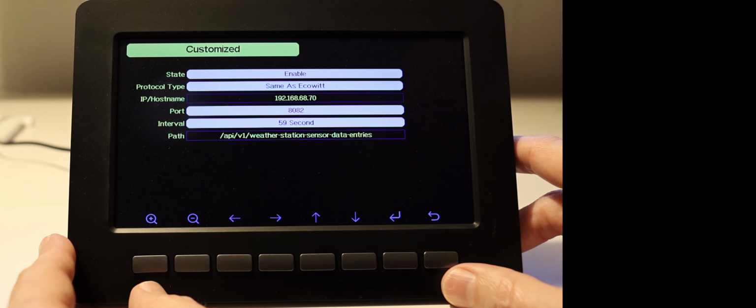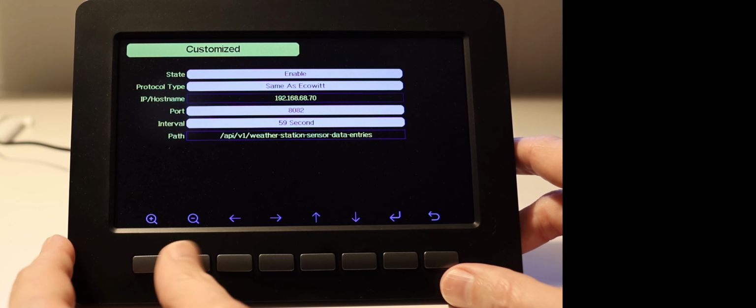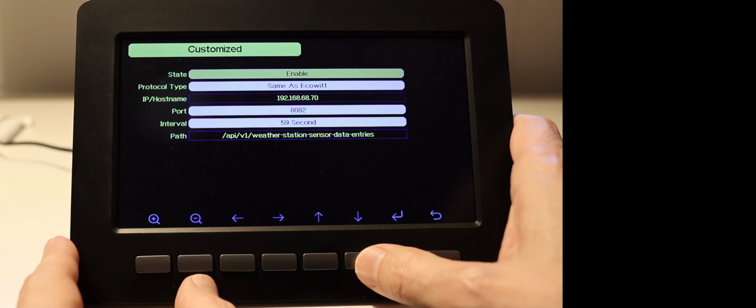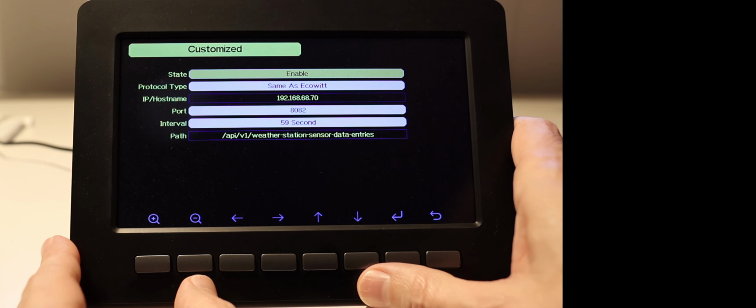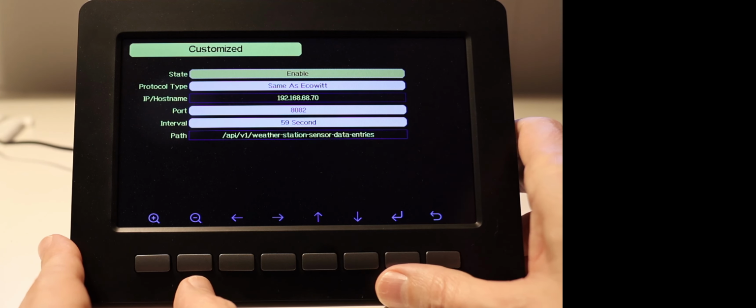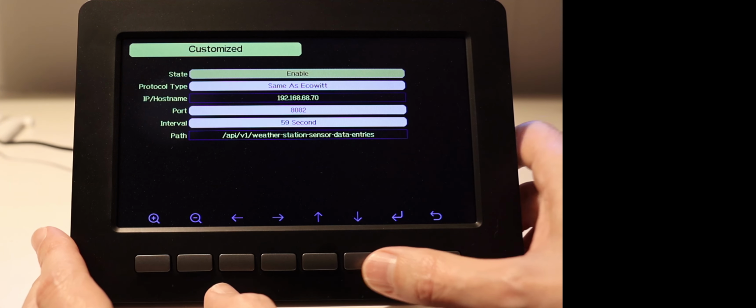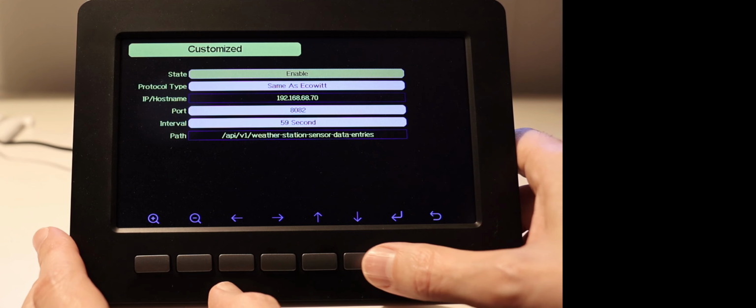and now we are at the configurations for a customized server, and we are presented with a couple of options, and that's the state, if you want to have this functionality enabled or not. When it's in the enable state as here, then data will be sent out to the configured server,